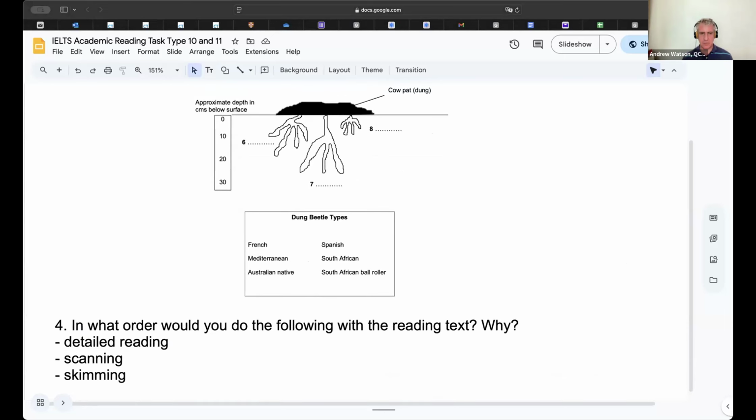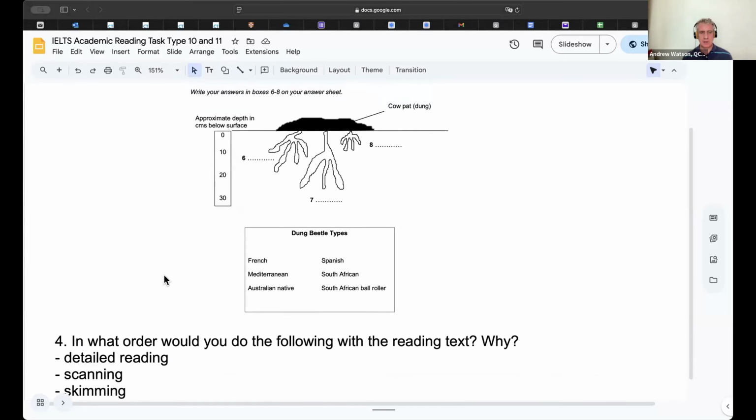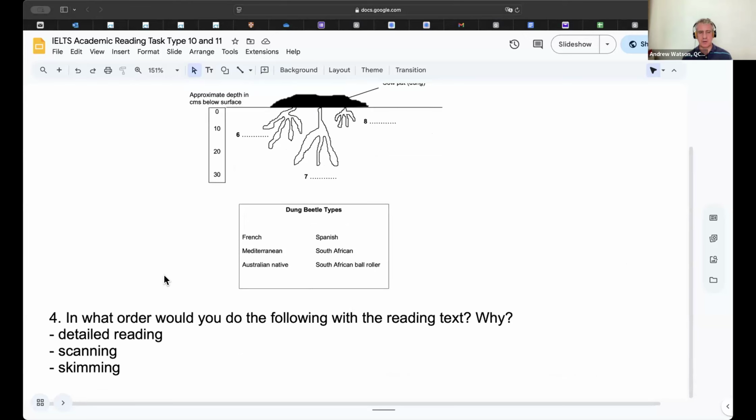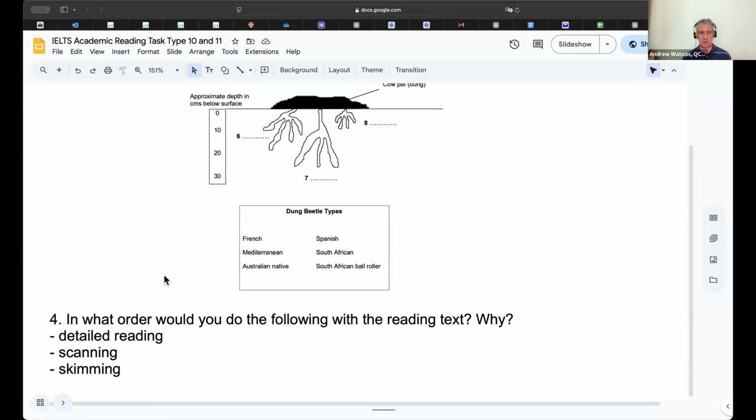Let's move to the next one. So the question is the following. In what order would you do the following with the reading text, and why? In what order would you do detailed reading first? Would it be skimming and then scanning? Right? What is the order that